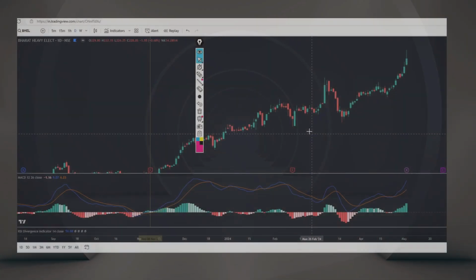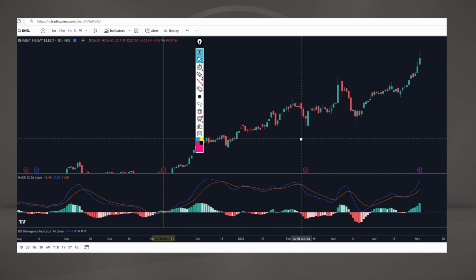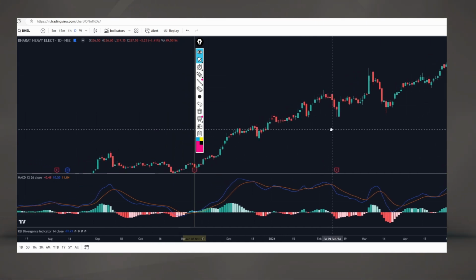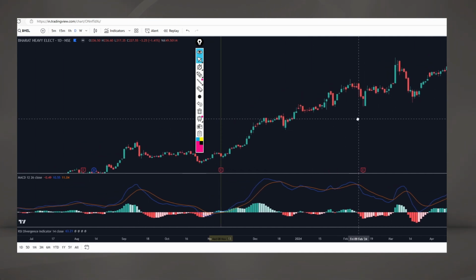Indicator, my friends, to learn is the MACD, or the moving average convergence divergence. It's one of the beautiful and very useful momentum indicators. Trading price action needs a lot of practice, and I see a lot of traders jumping into price action